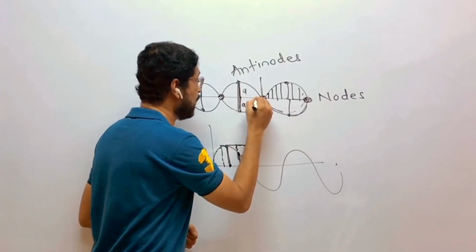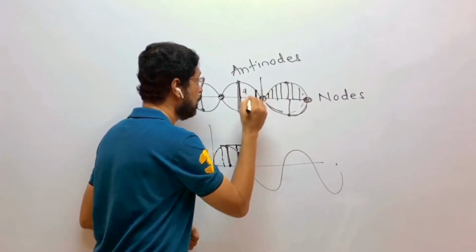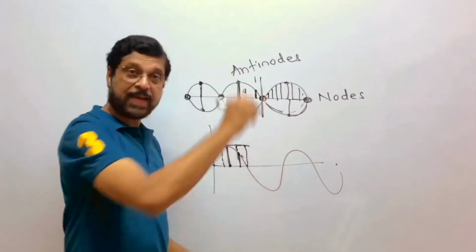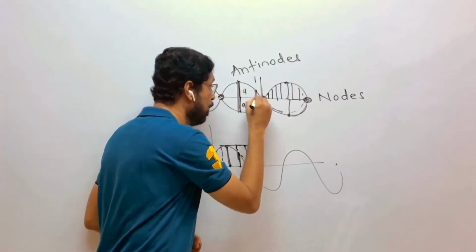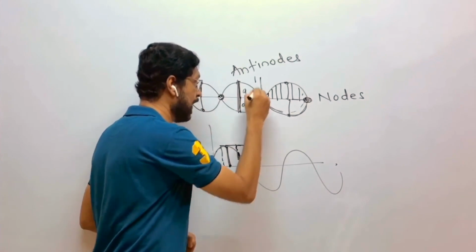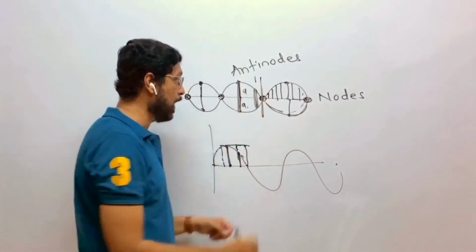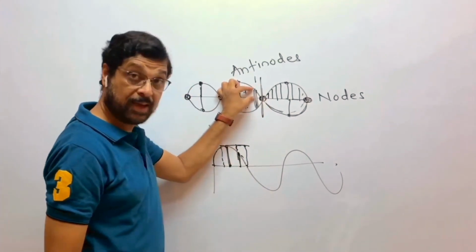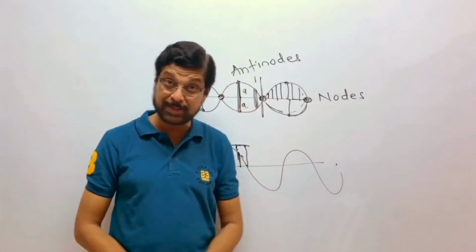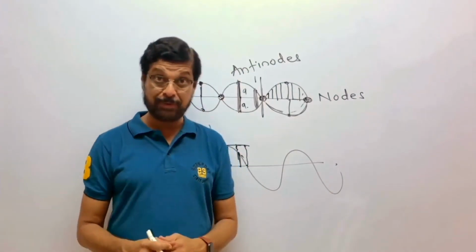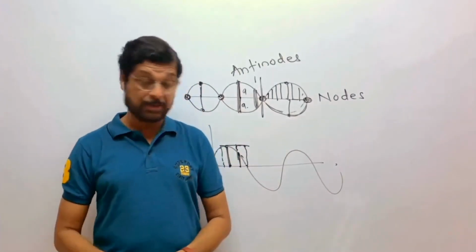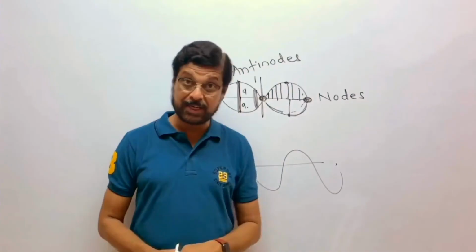यहां वाला जो पार्टिकल है वो यहां तक गया है, वो इससे ऊपर नहीं जाएगा. वो यहां से यहां तक ही जाएगा, नीचे आएगा और ऐसे ही वाइब्रेट होगा. It will vibrate like this. इतने ही डिस्टेंस में वाइब्रेट होगा. मतलब उसका एम्पलीट्यूड इतना ही है. So different particles are having different amplitudes in a stationary wave. That is another big difference between a progressive wave and a stationary wave.